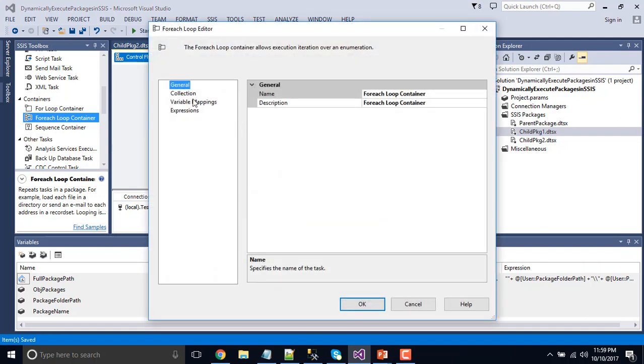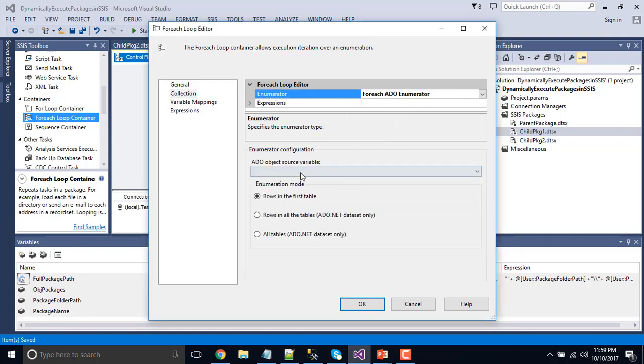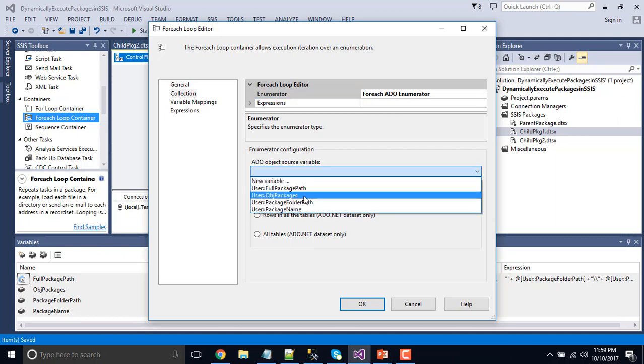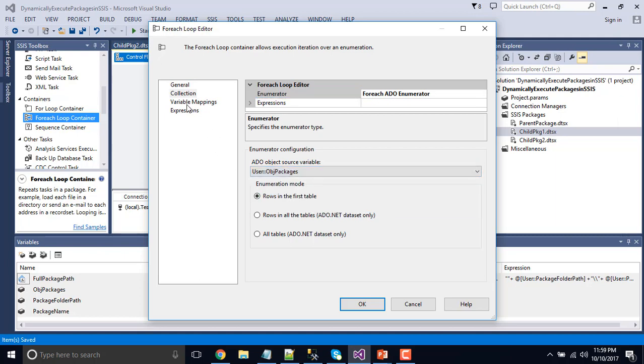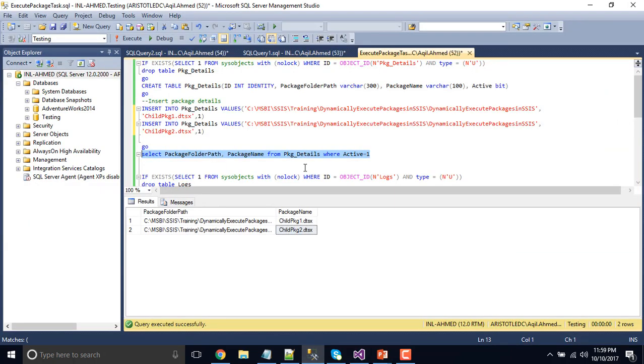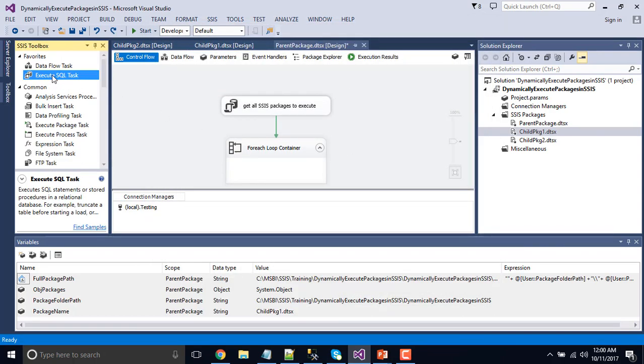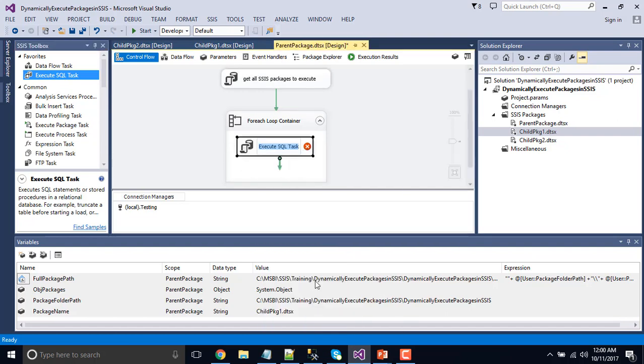Right click and edit the for each loop container, go to the collection, change it to ADO enumerator, and under the ADO object source variable select obj packages, and under the variable mapping the first SSIS variable is package folder path and the second one is package name. Click OK, and now we can drag and drop the execute SQL task into the for each loop container, and you can rename it